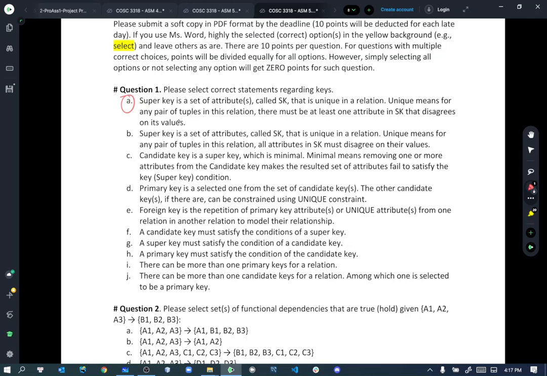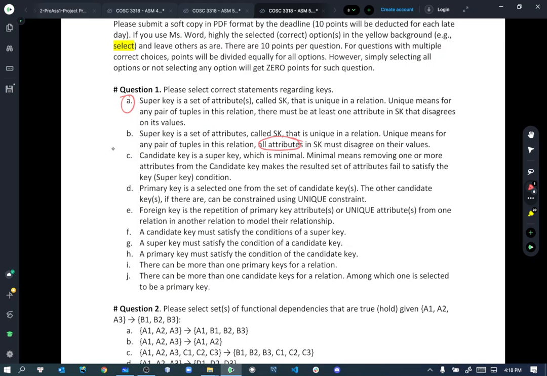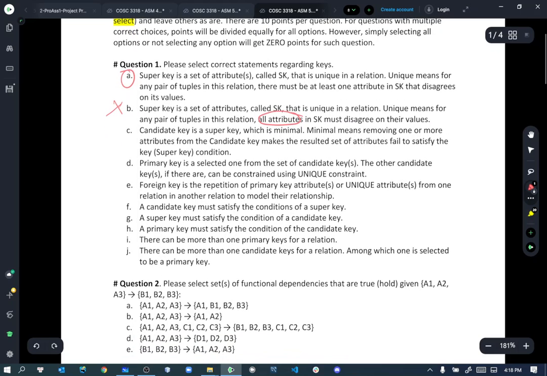They say by definition of unique, you only require to disagree on at least one. Only one disagrees. You don't have to disagree on all. You see this example? Again, they only disagree on this, they don't disagree on this, but it's still valid. In the same order you can buy product one, and you can also buy product two. So for that, you will select this and you don't select this, because you don't have to disagree on all the attributes.